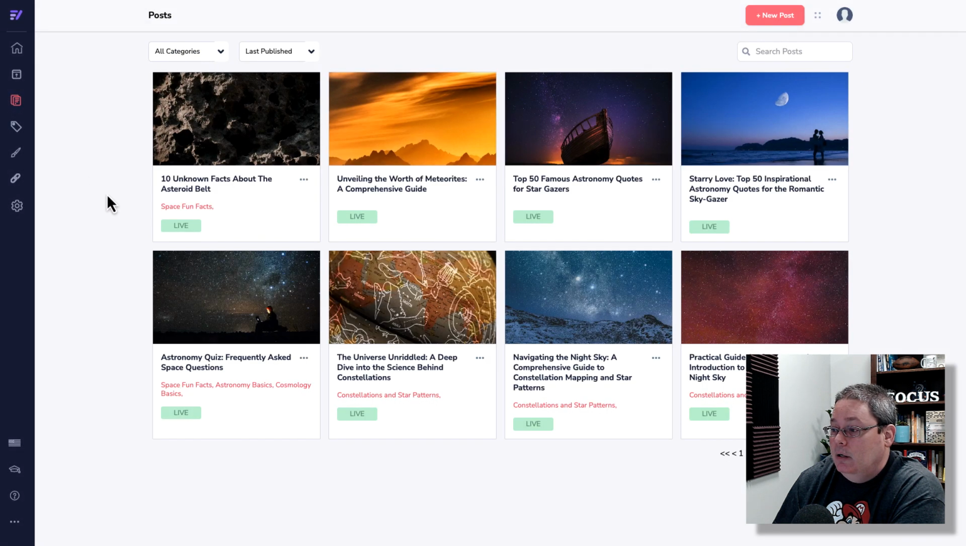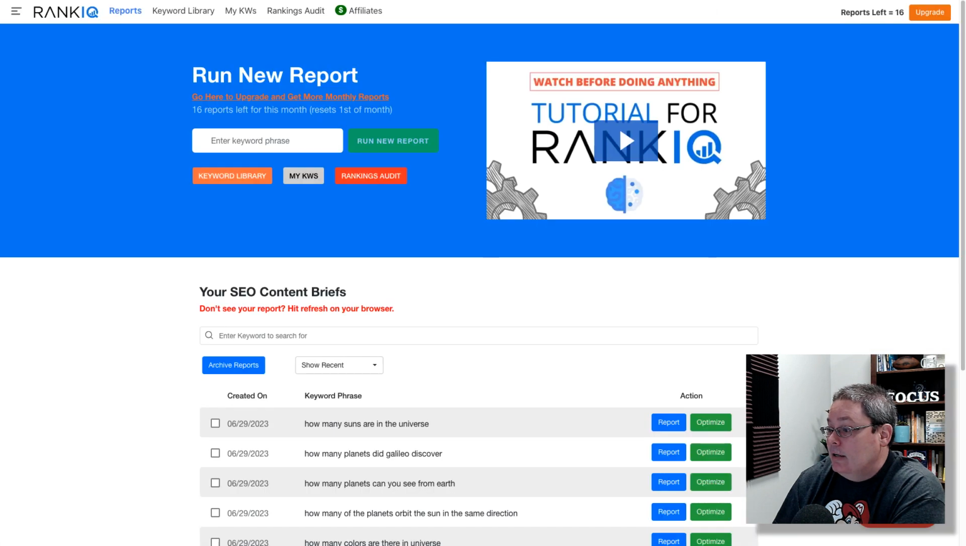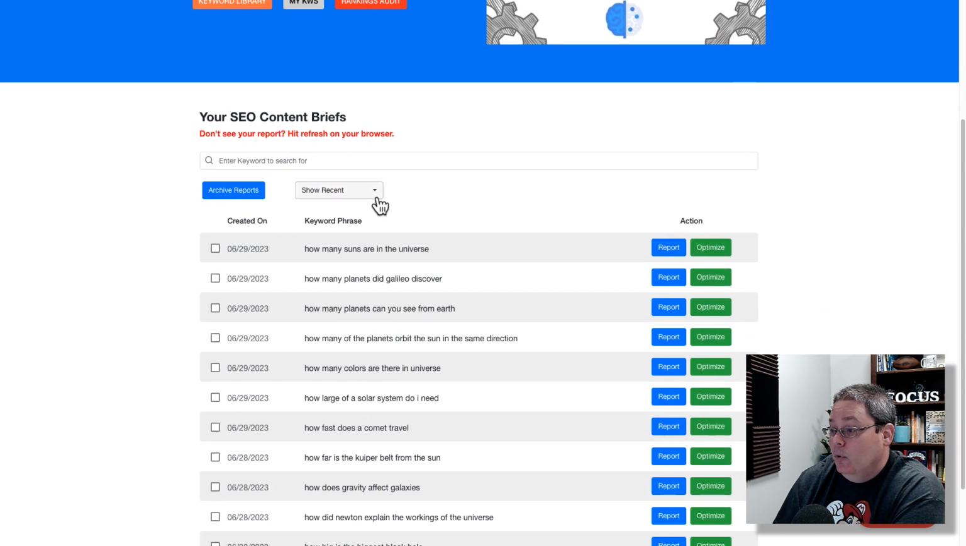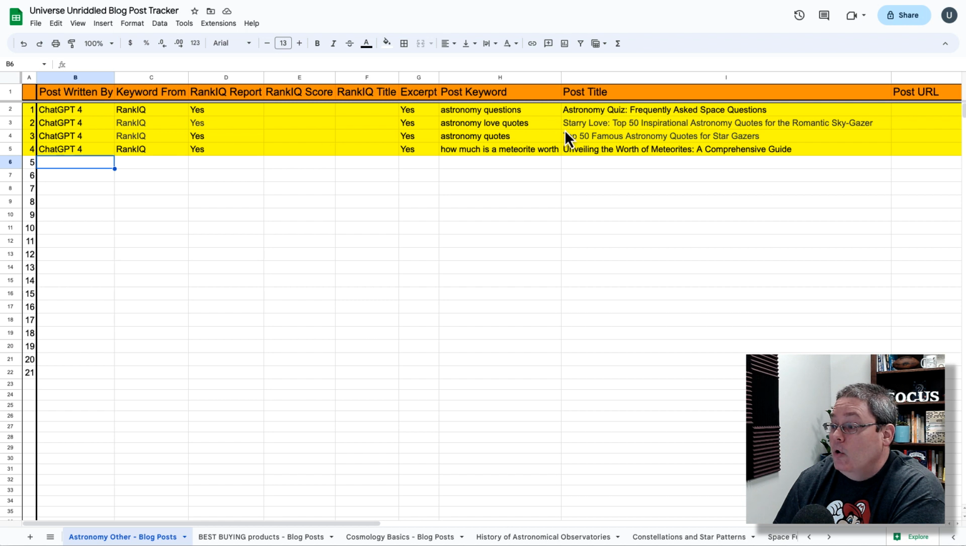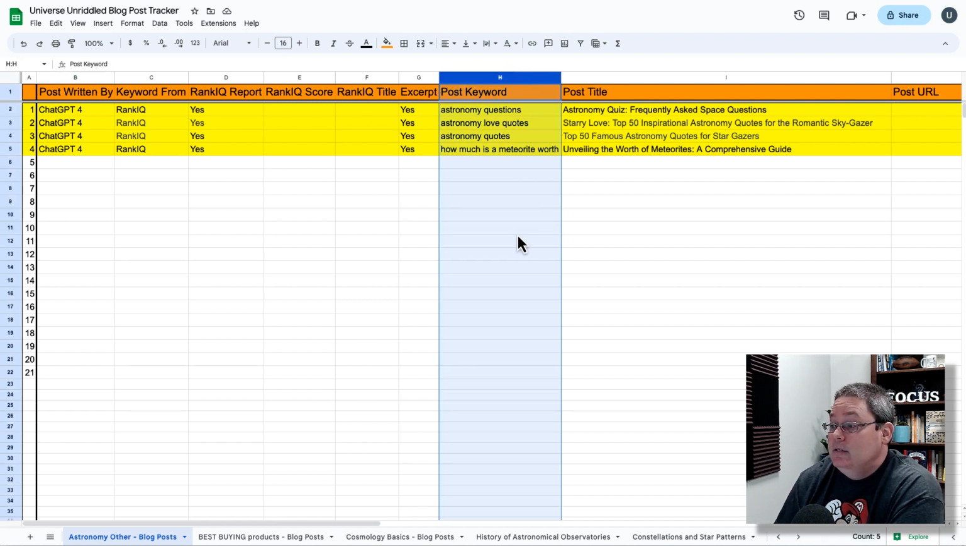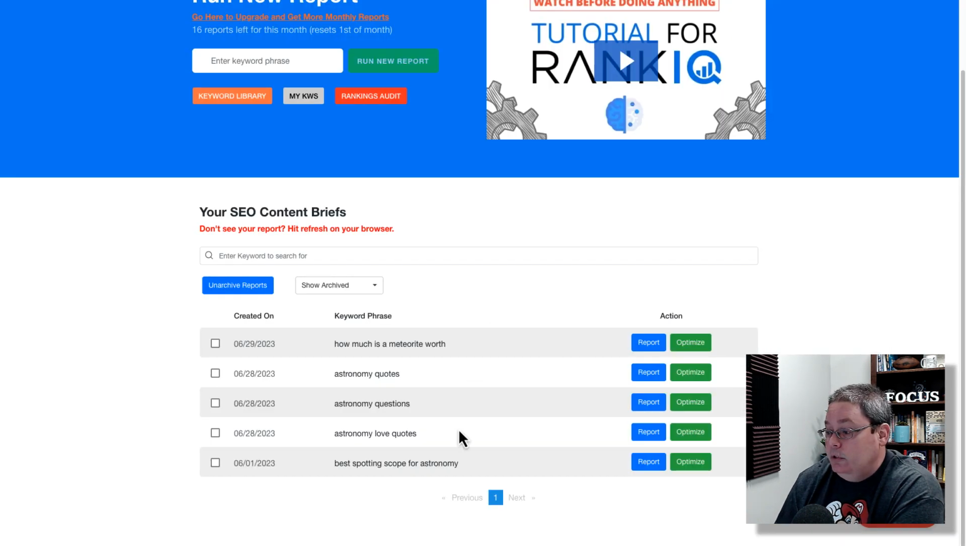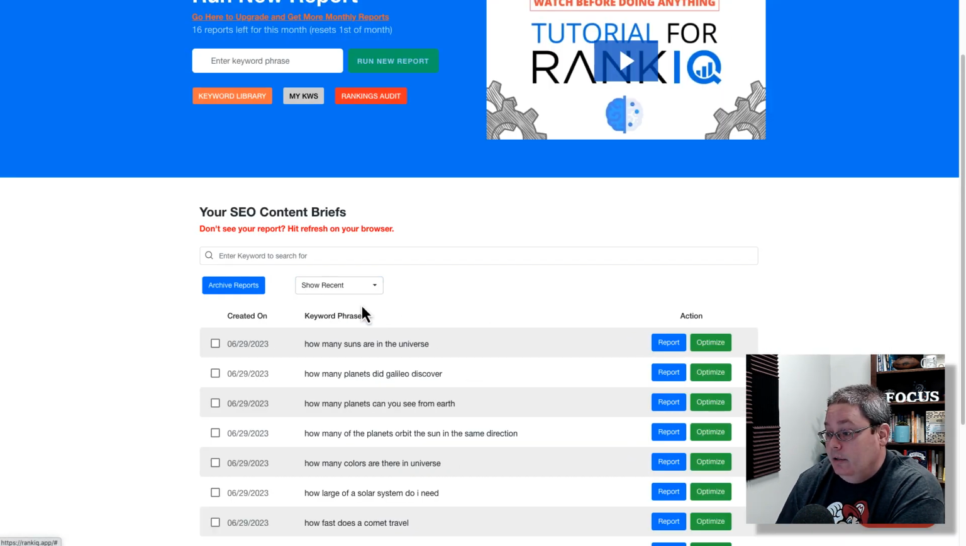We've been working on these posts that we got from RankIQ. Here are our content briefs inside of RankIQ under our reports. Here you can view the archived reports, and I've been archiving these as I've created them. And you can see here on our handy dandy blog post tracker, these are the 4 keywords that I've done. So we'll move on to the next keyword here under show recent,